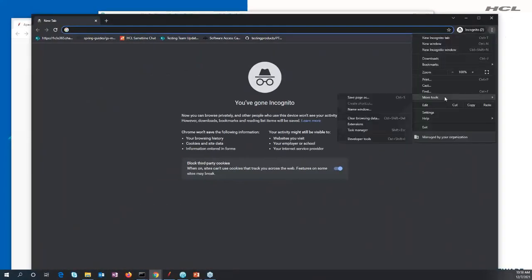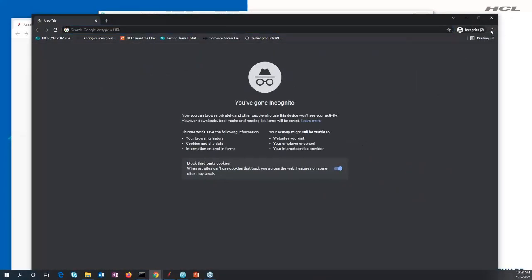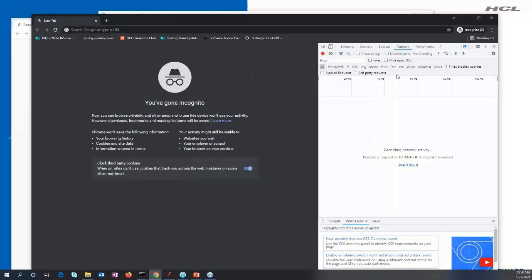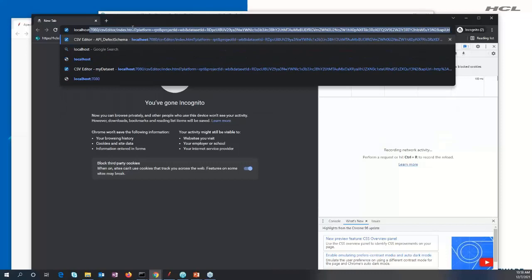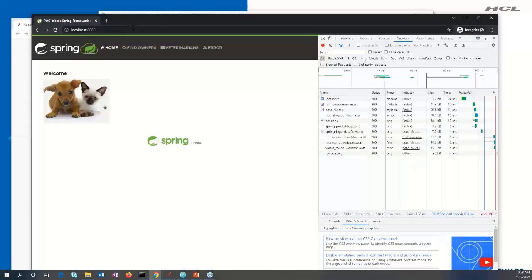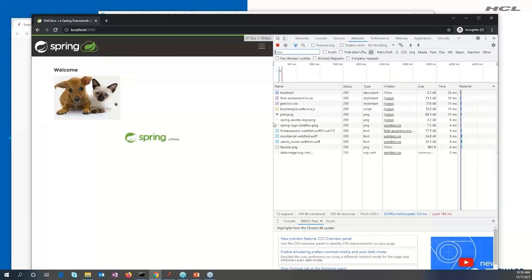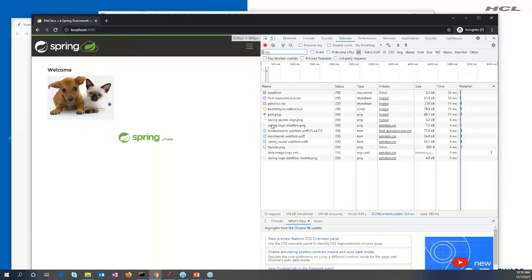And I'm going to bring up developer tools. And I'm on the network tab, right? So I'm going to launch the application here. Let us see how the browser loads that page. Now, this is actually quite important for you to understand if you were to know the real